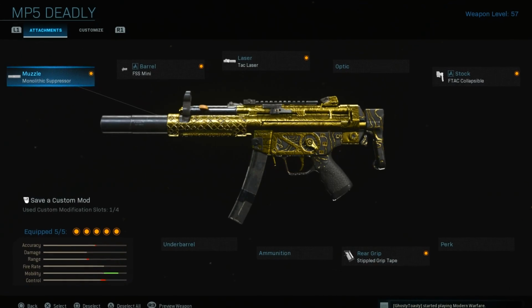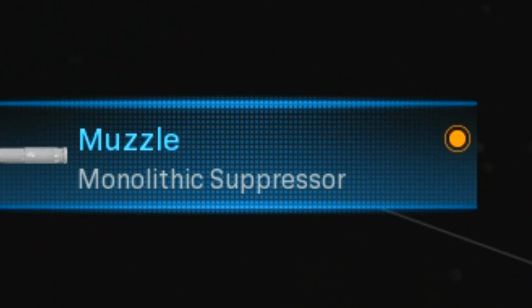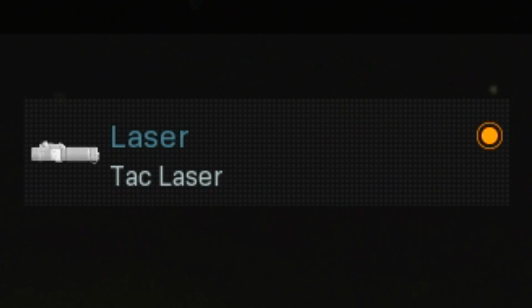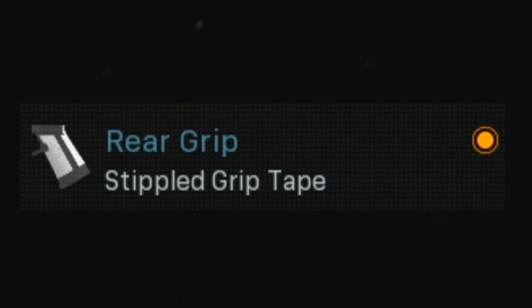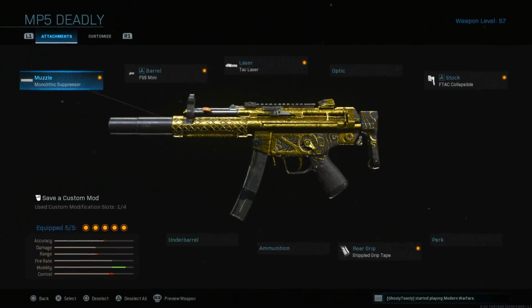I was using this class right here for probably 2-3 months now, and it has the muzzle monolithic suppressor, the barrel FSS mini, tac laser, F-tac collapsible stock, and the stippled grip tape, and it's a really good class. You guys could go ahead and use this one if you haven't used it yet, but I was starting to